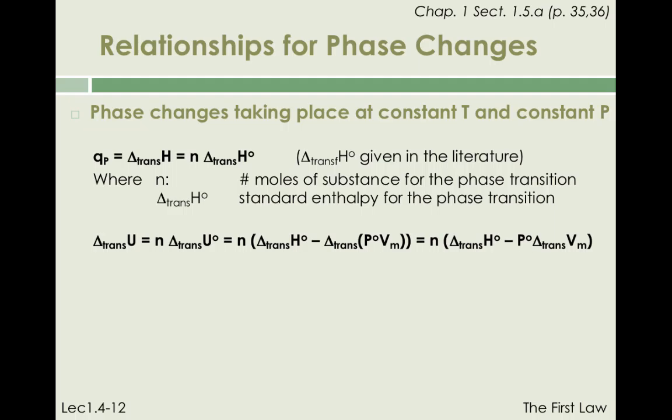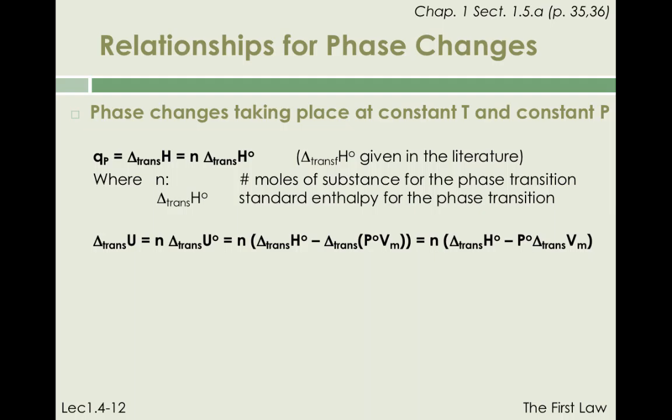Remember that standard implies 1 mole, so the change in volume in this equation is the change in molar volume between final and initial states for the phase transition. Since the pressure is constant and equal to the standard pressure, we obtain delta transition U equals n times, parenthesis, delta transition H standard minus P standard times the change in molar volume. You will generally be given sufficient information in the text of your problem to know the value of delta transition